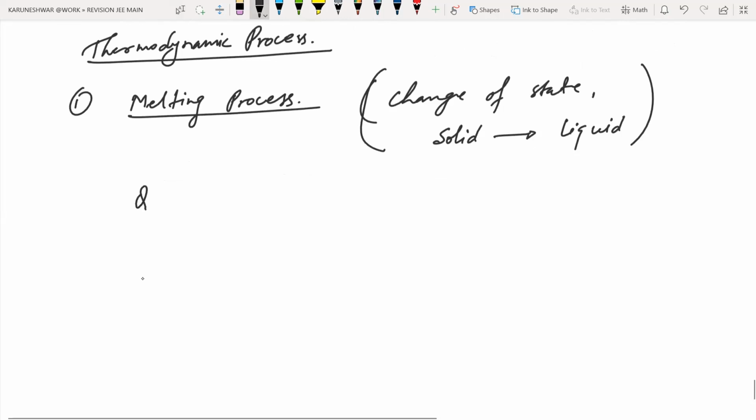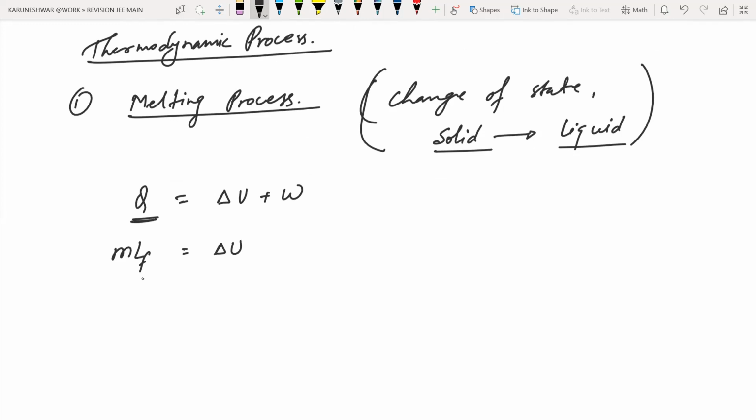तो मेल्टिंग में अगर हम फर्स्ट लॉ ऑफ थर्मोडायनेमिक्स लगाएं तो क्या होगा? मेल्टिंग हो रहा है तो यहाँ पे लेटेंट हीट होगा, क्यों लेटेंट हीट? क्योंकि फेज चेंज हो रहा है, टेम्परेचर तो चेंज होगा नहीं, बिल्कुल नहीं होगा। हीट के लिए हम यूज करेंगे mL_f, दिस इज मास ऑफ दैट जो भी सॉलिड को मेल्ट किया जा रहा है, एंड यहाँ पे लेटेंट हीट ऑफ फ्यूजन, दिस विल बी ΔU।